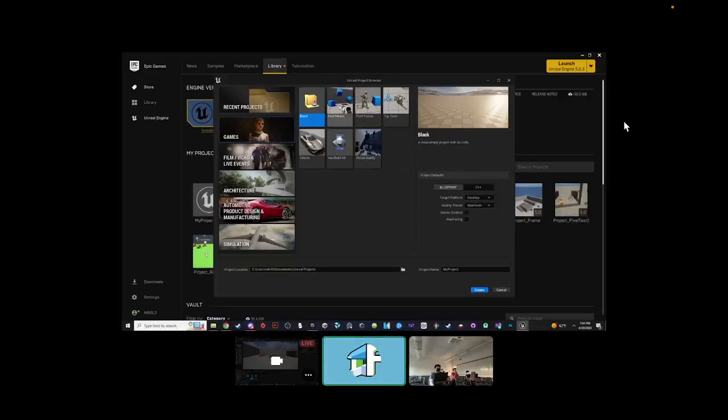So we got a few templates. You got blank, a straight up empty clean project with no code, and you even got a few example projects: first person, third person, top down, shooting, even VR and vehicle simulation as well. But for now, let's just stick with the most original game ever, first person shooter. I know. So some project defaults are down here.